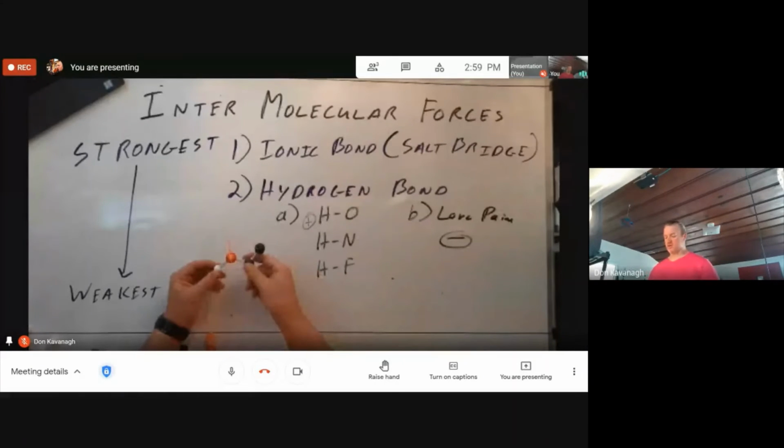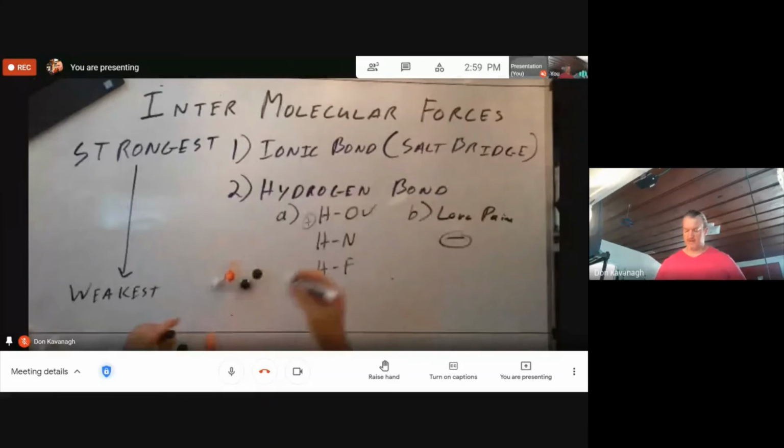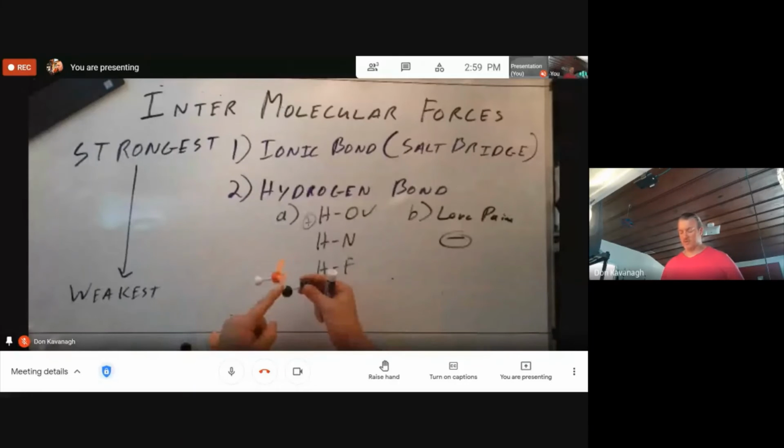And it also has lone pairs on an oxygen atom. The lone pairs could be anywhere in the molecule, just as long as it has these two criteria, it can form a positive, negative hydrogen bond. So this ethanol molecule here has a negative face, with those lone pairs of electrons, and it also has a positive face because of the hydrogen being bound to the highly electronegative atom, in this case,